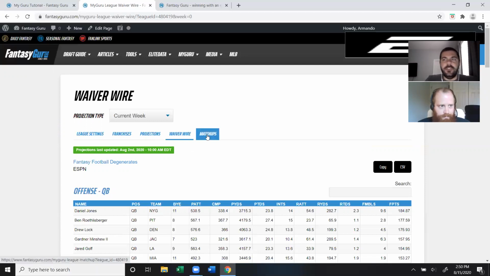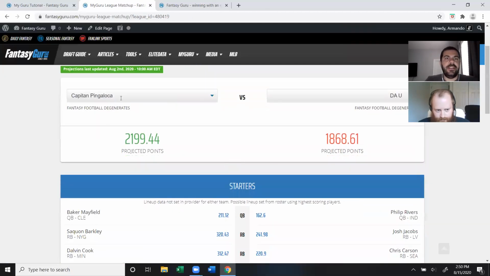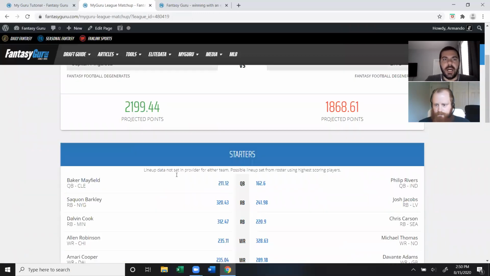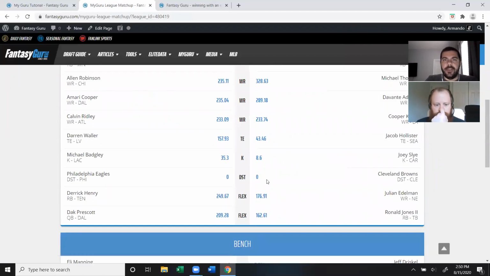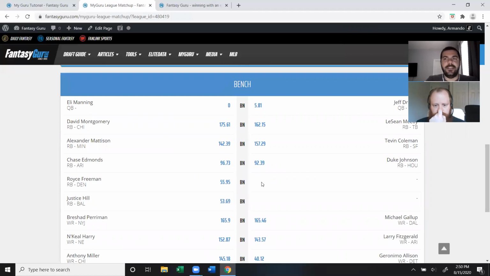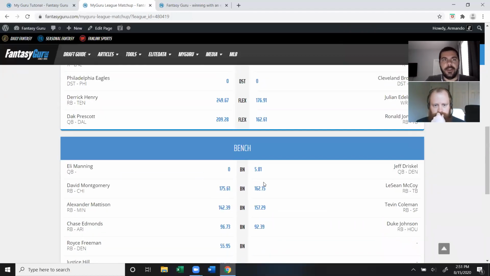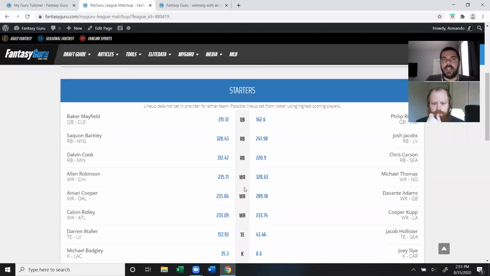And then for those that like to look at the matchups, with whoever you're facing, just to get an idea of what projections are. This is obviously the entire season, but you're going to have this on a week-to-week basis where you can look at your lineup versus someone else's lineup here, and you'll have the projected scoring as well as the bench. So if there's someone on your bench that you might want to start because he's projected higher, you can do that. But this is just, to me, a really cool tool to get an idea of